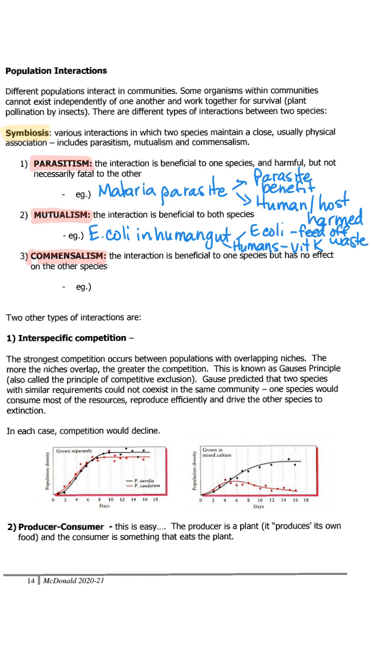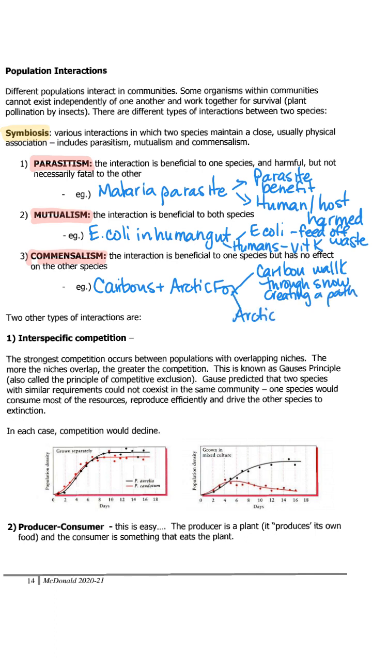Commensalism is where you have an interaction that is beneficial to one species, but it doesn't have an effect on the other species. And the good example of this one is the caribou and the Arctic fox. So the caribou has really long legs. And so the caribou can walk through that deep snow, creating a path. And then two days later, if it hasn't snowed, the Arctic fox, who's a lot shorter than the caribou, can use that path